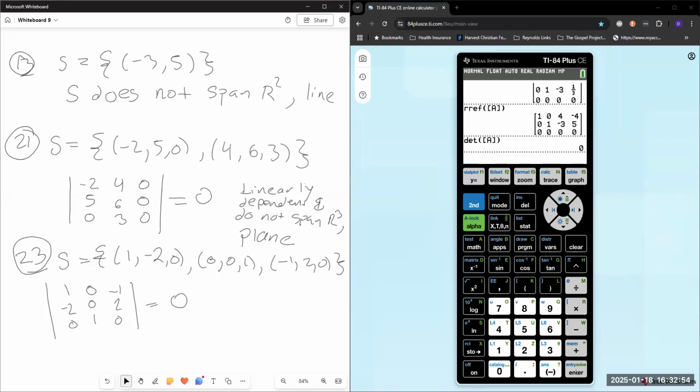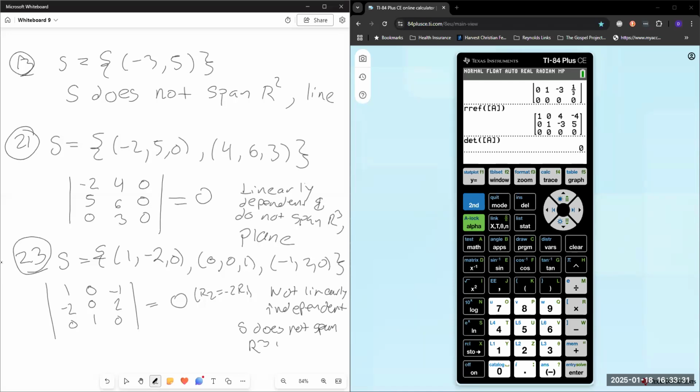not, oh, it's right there. So R2 here is -2 times R1. So R2 equals -2 times R1. I can just see that right there. So they're not linearly independent. They're linearly dependent. And S does not span